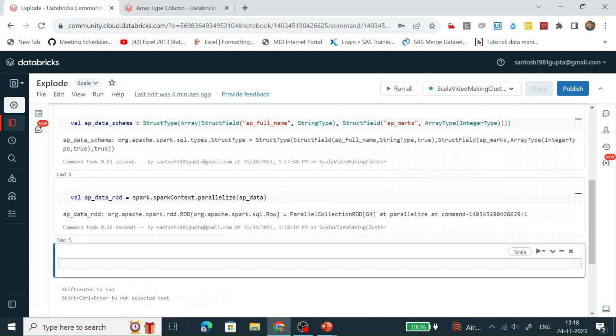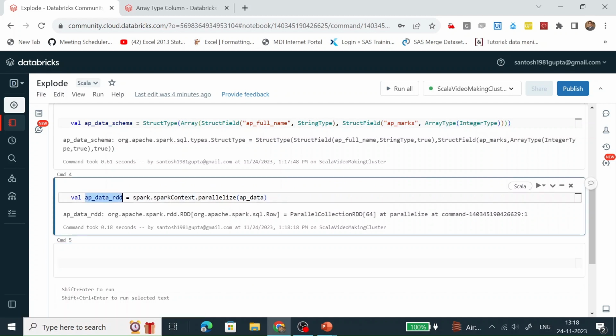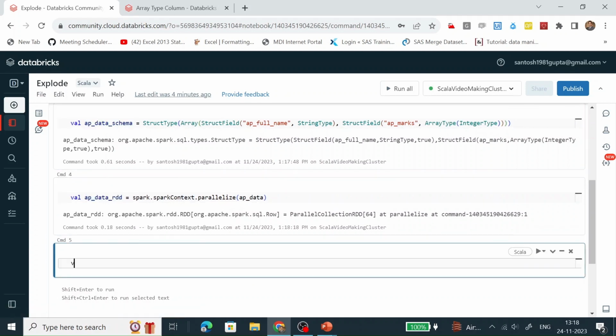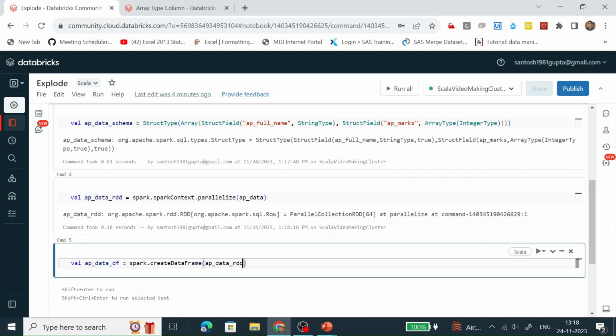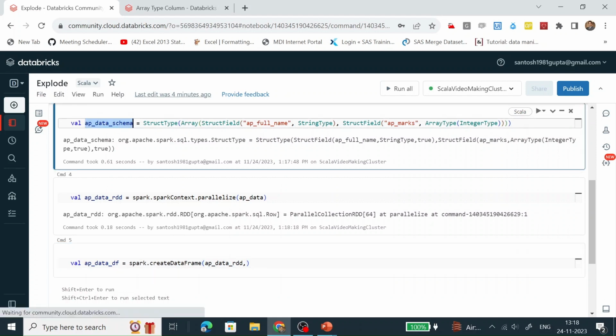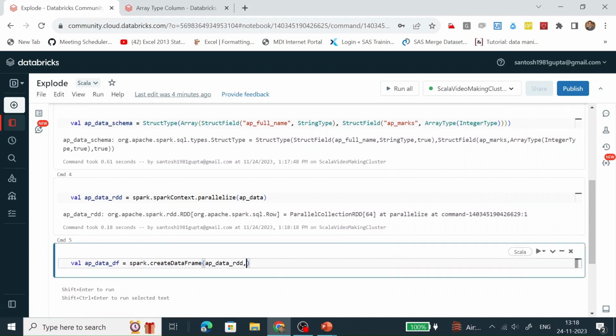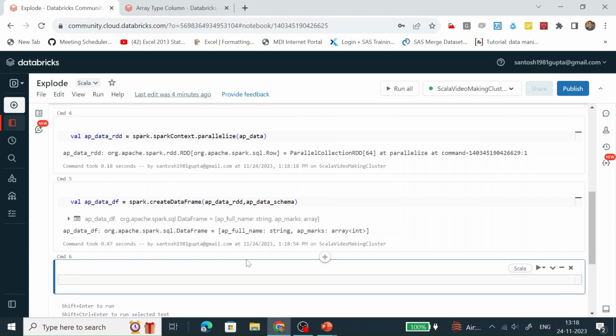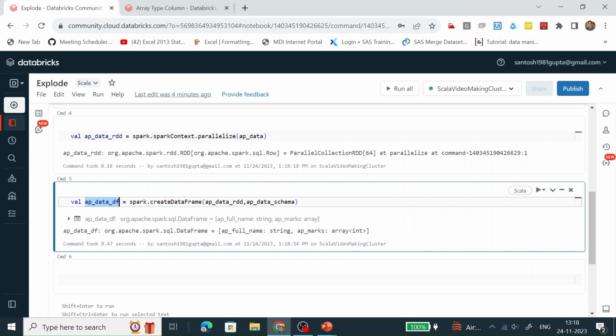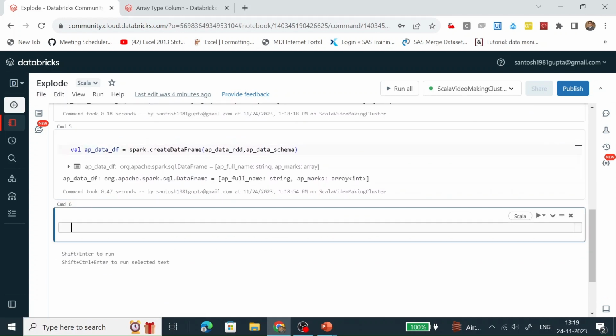Let's create a data frame based on this RDD and this custom schema, with the help of the createDataFrame function. Let's see the data frame which has been created here.